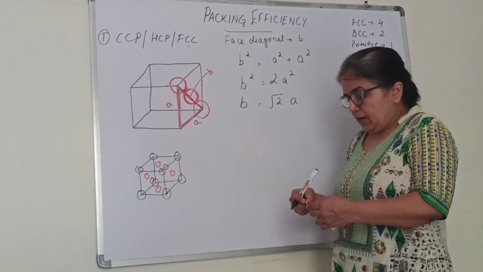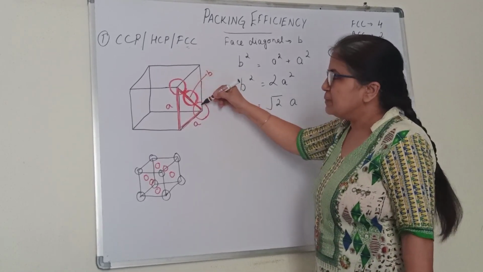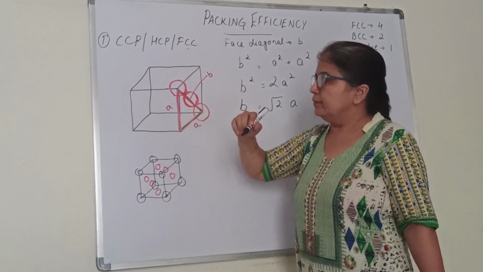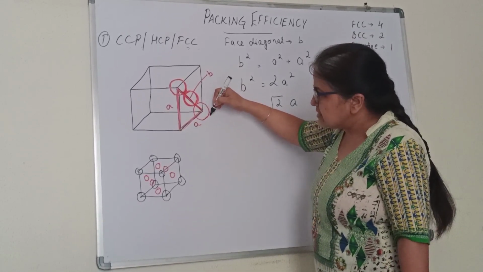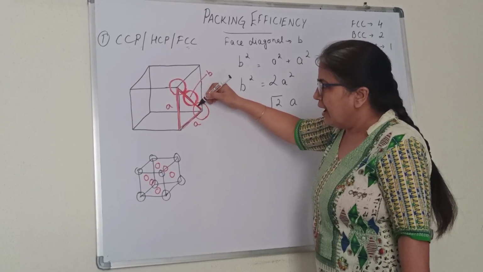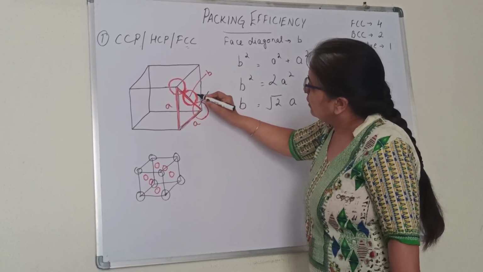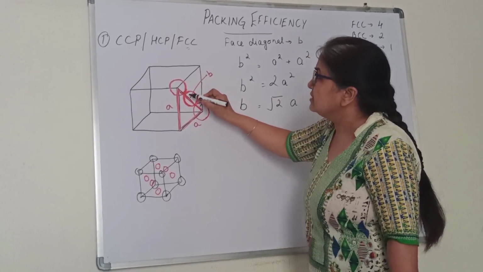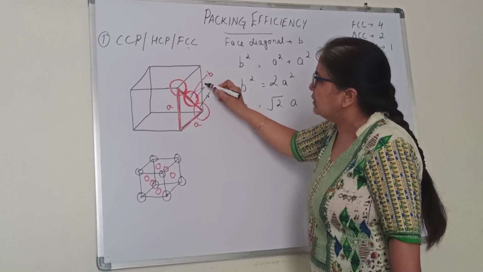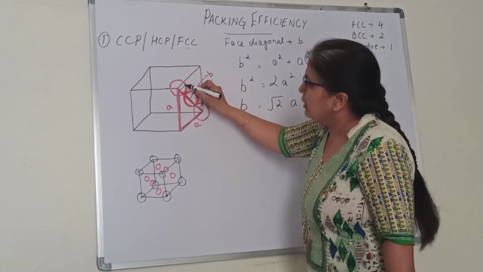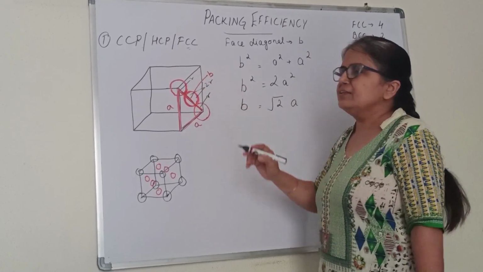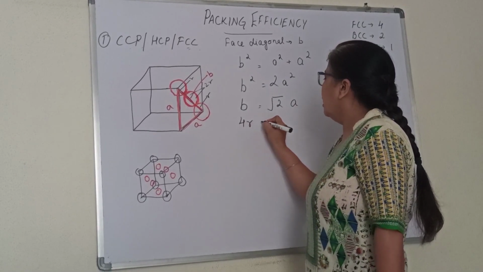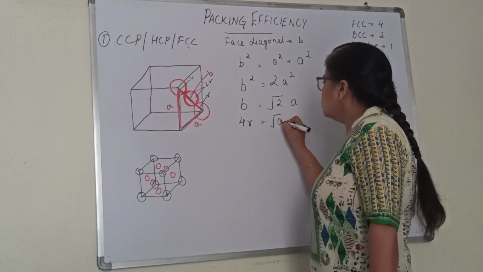Clear? Now another thing you see here. This is B, children. In this B, how many radii are included? See, 1/2 of this atom is away, only one R is shown here. So this is 1 R. This is a complete atom, so there are 2 R's here. So I can say in this particular part 2 R's, in this part R. So total how many R's are there in this B? 4 R.